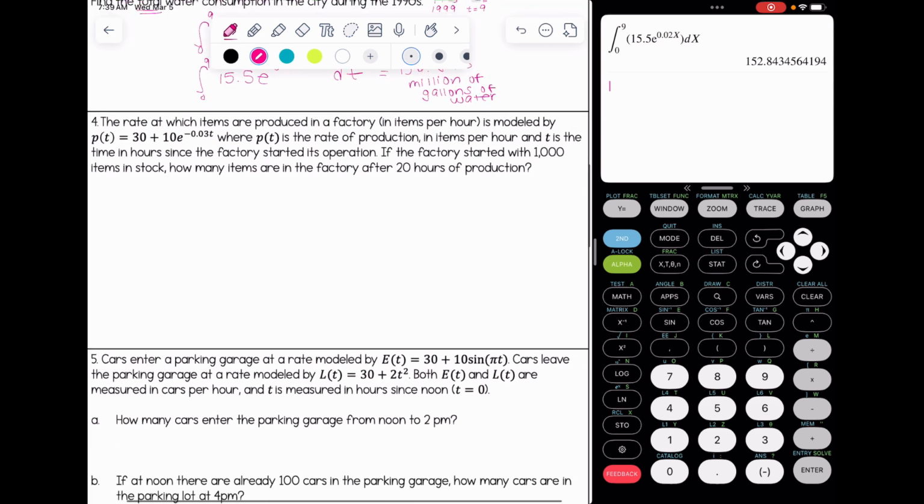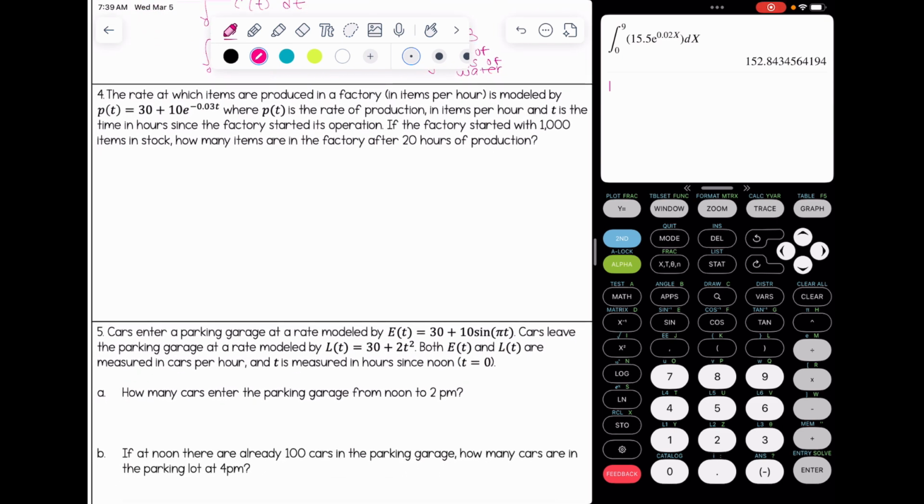Okay, number 4. The rate at which items are produced in a factory in items per hour is modeled by P of t equals 30 plus 10 e to the negative 0.03t. P of t is the rate of production in items per hour. T is the time in hours since the factory started its operation. If the factory started with 1,000 items in stock, how many items are in the factory after 20 hours of